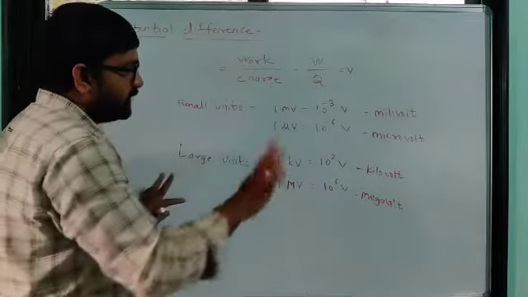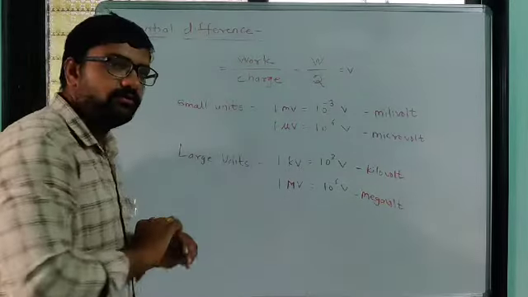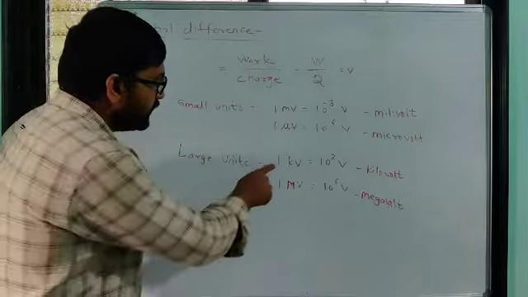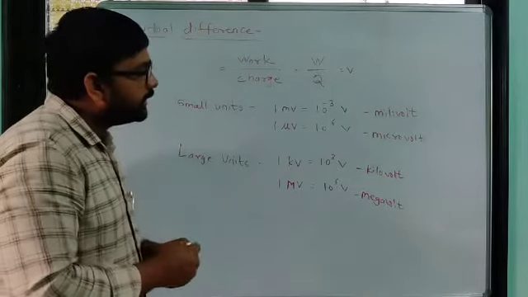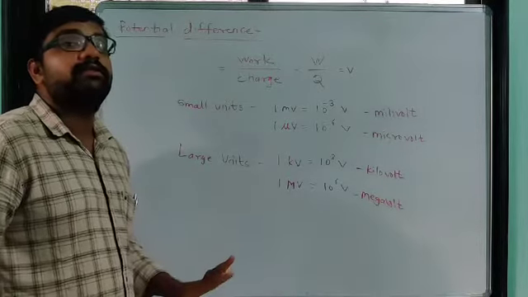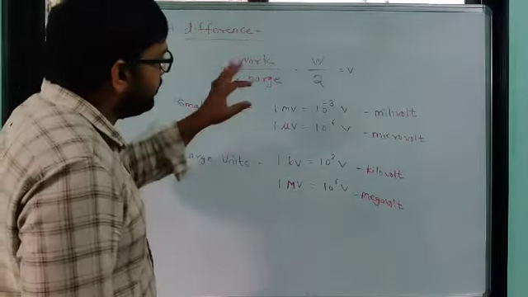Milli means 10 raised to minus 3, micro means 10 raised to minus 6. Those are the small units, and the larger units are kilovolt and megavolt. Kilo means 10 raised to plus 3 volt, and mega means 10 raised to 6 volt. Okay, so in such a way that